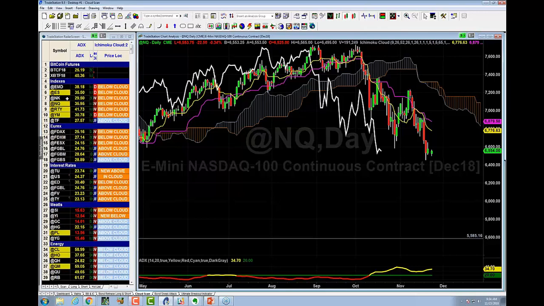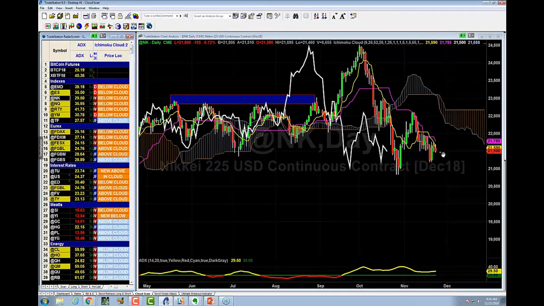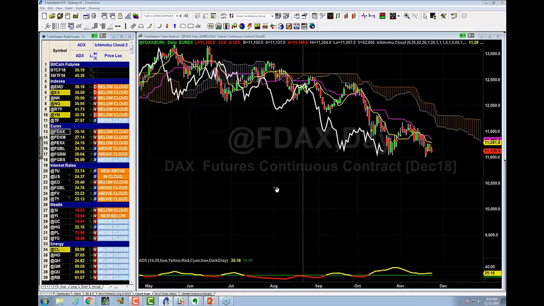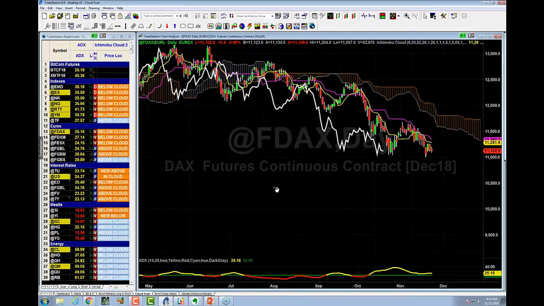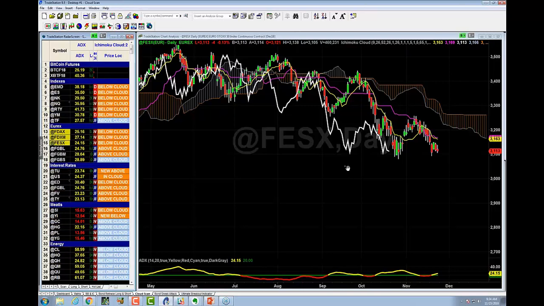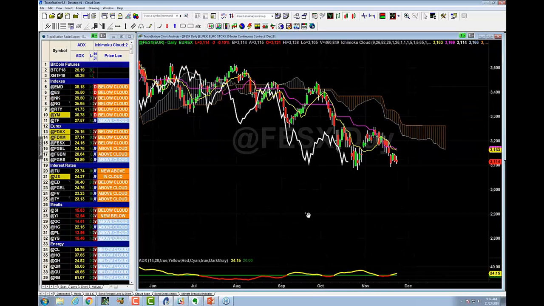Let's take a look a little bit at international flare. Nikkei. Nikkei is a short. It's below the cloud. Now I'm going to go to the DAX. The DAX, is it a long, short, or flat? It's a short. It's going to cruise lower. So I want to short that thing. What about the Euro Stoxx 50? Euro Stoxx 50, also a short. See how clear it gives you signals once you know what to look for? We are below the cloud. We're cruising lower. Those are good shorts.